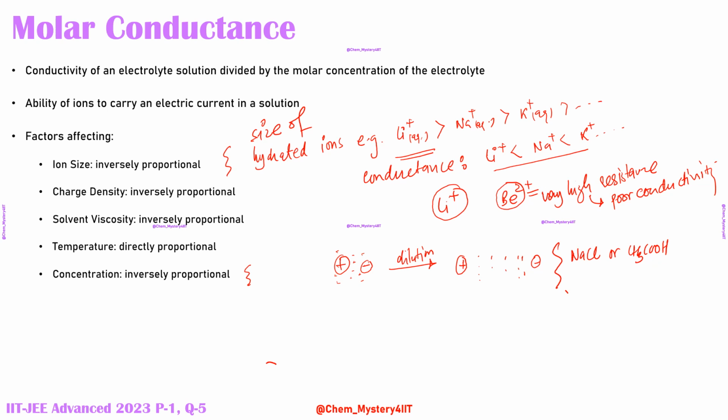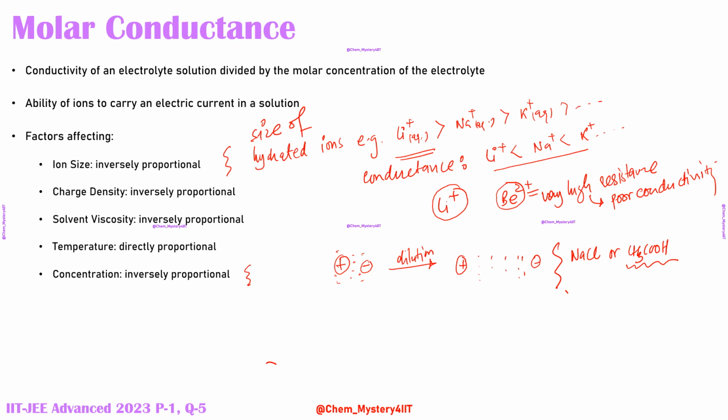For weak electrolytes, there is one extra effect: their degree of dissociation increases. We talked about this earlier in the factors affecting alpha. So that can have much more effect on the molar conductance when we dilute the solution, in comparison to strong electrolytes, which were already very much dissociated, almost 100% dissociated. The only difference is that